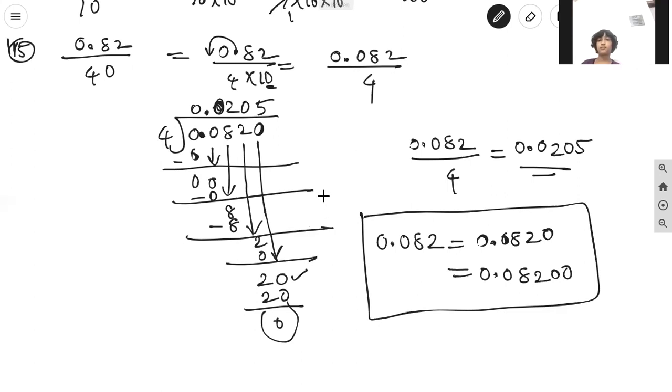And here they are not asking for the remainder, only the decimal number, meaning we can terminate where we end with the remainder 0. We can go up to there, taking zeros on the right side. Here after the 2, when we take the 10, then it closes. That is nothing but the remainder is 0. If we again get a remainder, we can take one more 0 also. That is equal to this equal decimal.